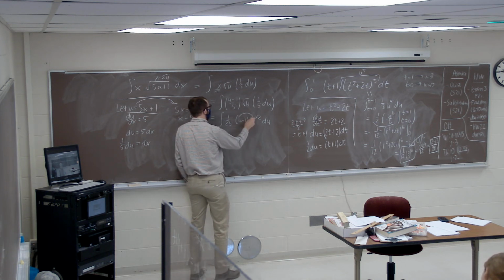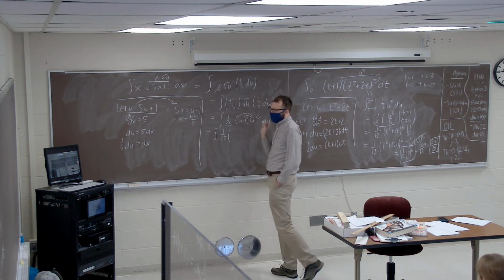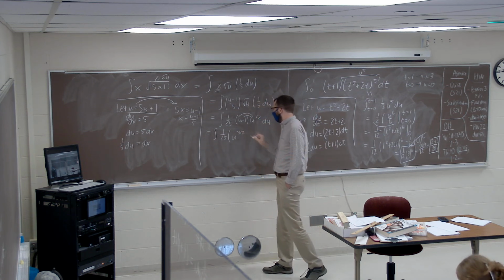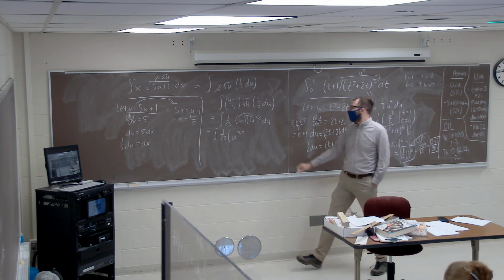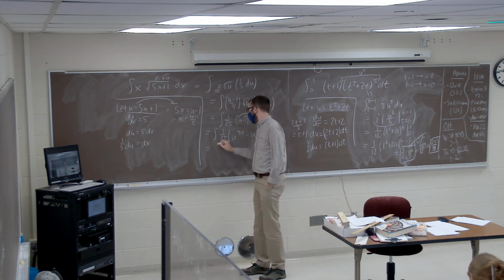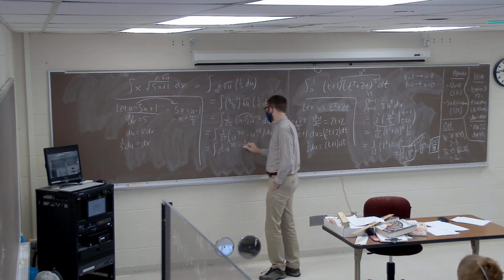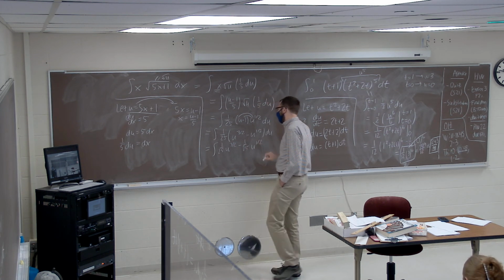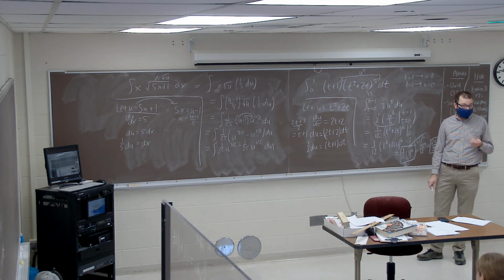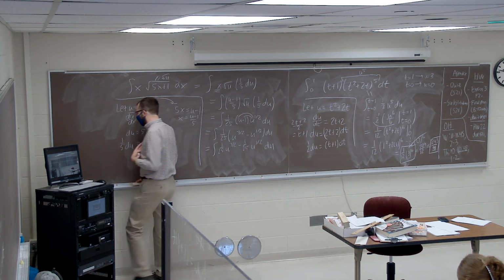We can distribute this, which is going to give us 1/25 times u times u to the 1/2, u to the 3/2, minus a u to the 1/2, which will give us the integral of 1/25 u to the 3/2 minus 1/25 u to the 1/2. And now, I think we're finally at a point where we're ready to actually integrate and find an antiderivative. So it took us a little bit of algebra to get there.